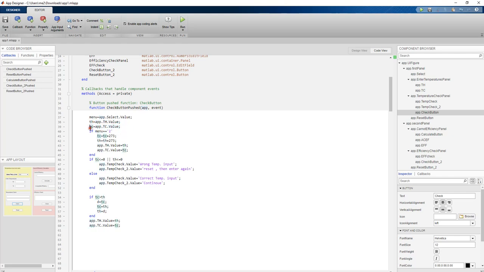Same thing here for tc. Go to the component, select from the app, select its value, get its value, and then assign it to menu. According to menu, if equal to 2, convert temperature, and then show the converted one. Then if the TC is less than or equal to 0, the converted one, or the Kelvin, and TH less than